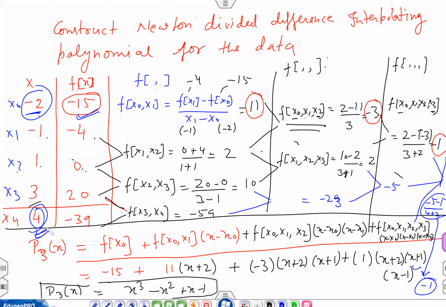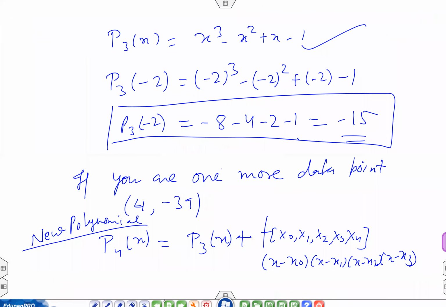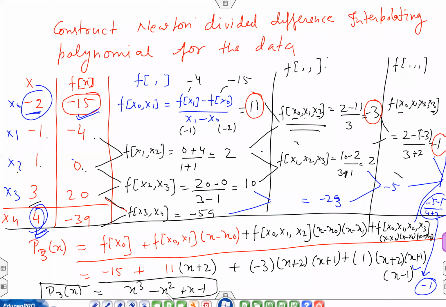एक मिनट. ये अच्छा क्वेश्चन है. एक मिनट. Okay, I will check it again. वैसे it will not affect anything जहाँ तक मुझे पता है. ठीक है ना? I will check it again.